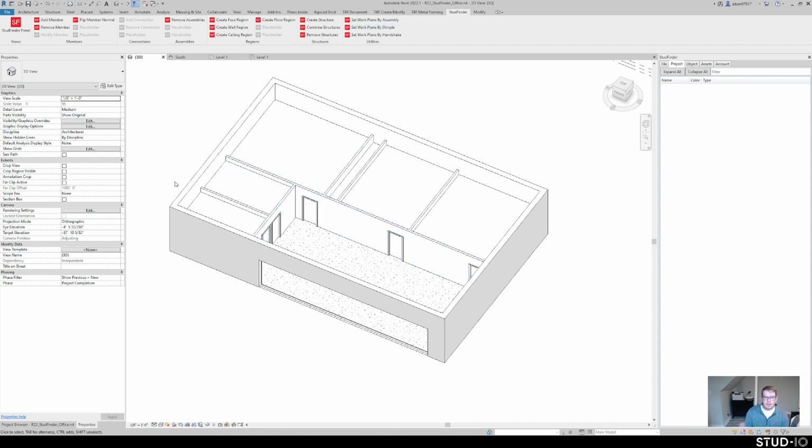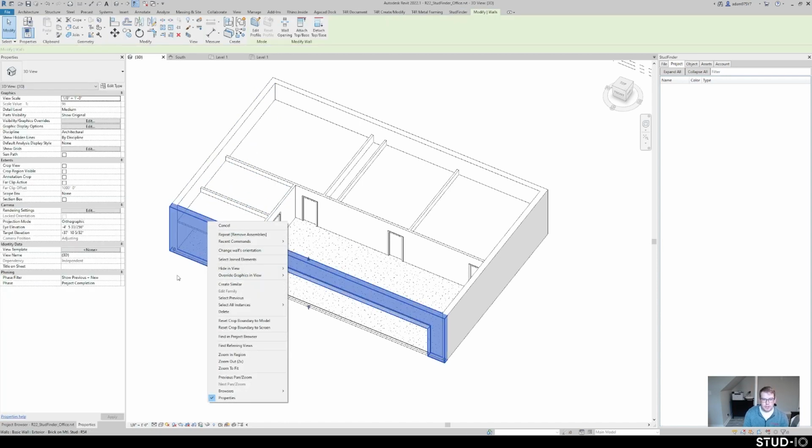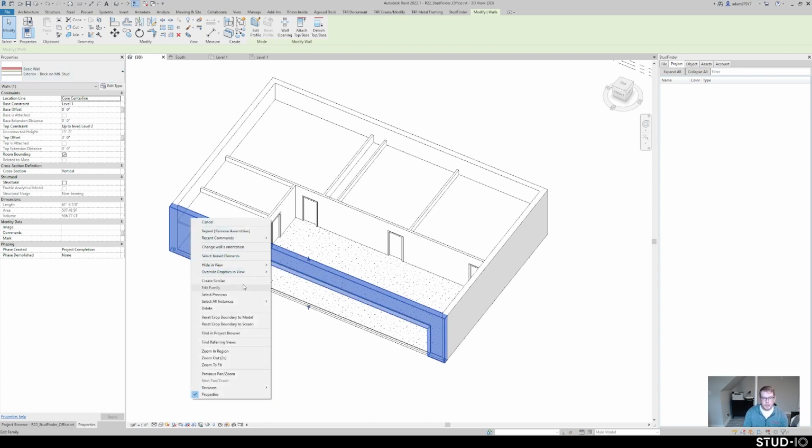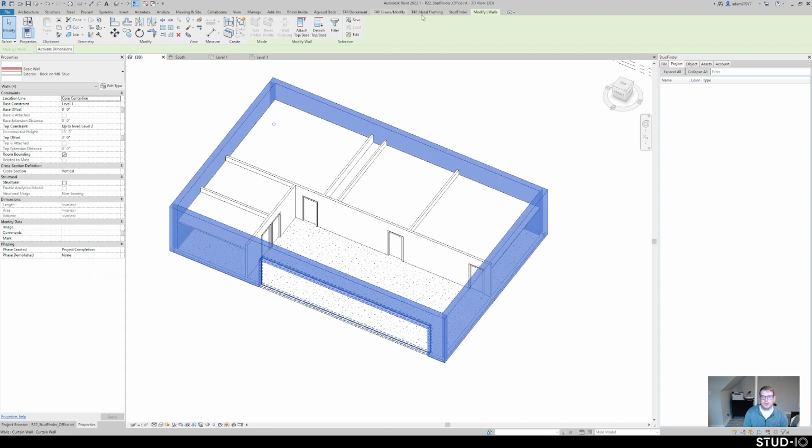So maybe this is a quick demonstration of tying up all the loose ends of the skills we learned today. And what we can do first is select all these elements, all these exterior walls. I've set these up to utilize 6-inch studs. So if I go through and I select all instances in an entire project, and I go through and I create a wall region,